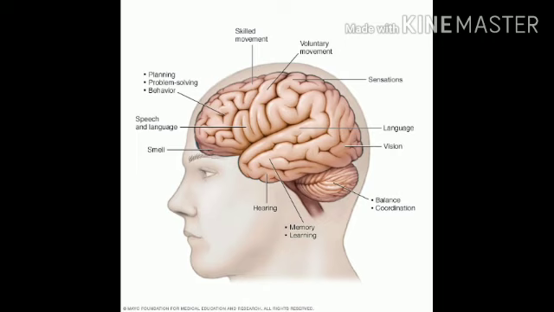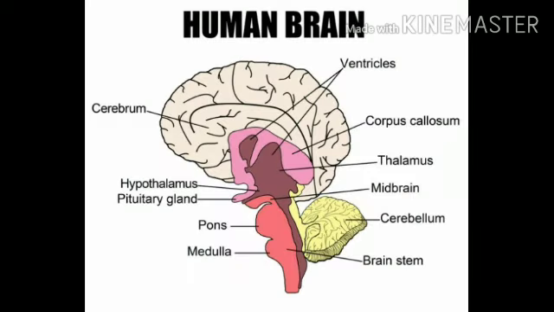The human brain is well protected by the skull. Inside the skull, the brain is covered with the cranial meninges, consisting of an outer layer called dura mater, a very thin middle layer called arachnoid, and an inner layer which is in contact with the brain tissue called pia mater. The brain can be divided into three major parts: the forebrain, the midbrain and the hindbrain. First, I'm going to explain about the forebrain.